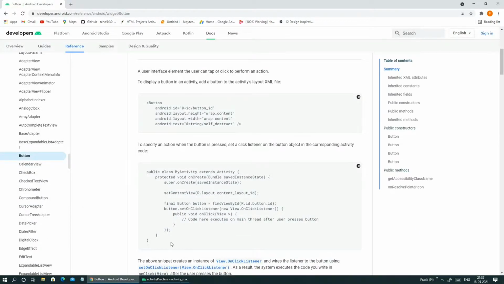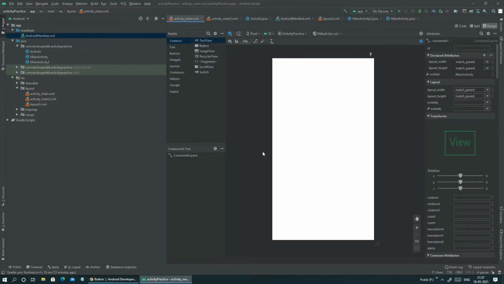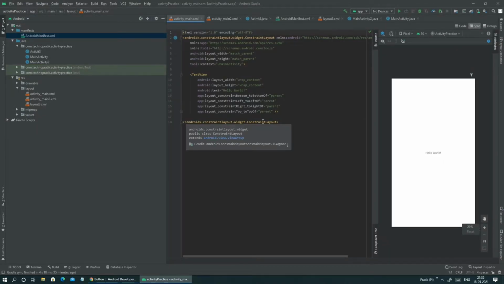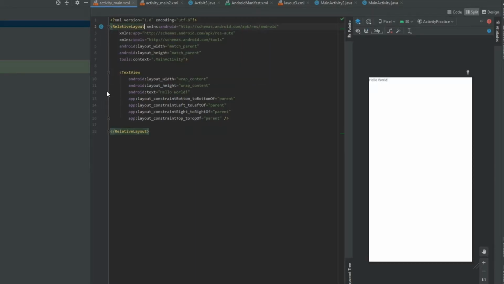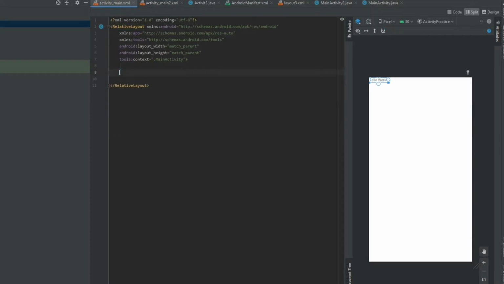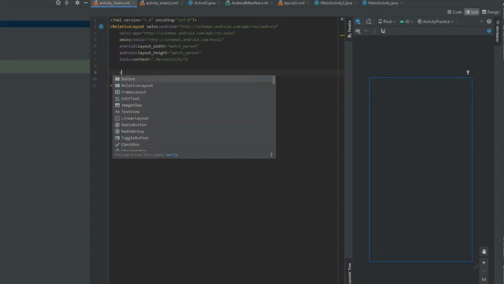Now let's create one button on Android Studio. Let's go to code. Okay friends, now let me change this constraint layout to relative layout. Now we will remove this text view and add one button here.